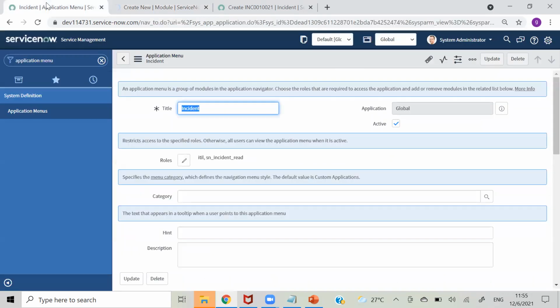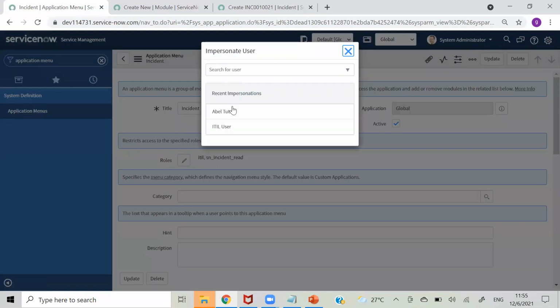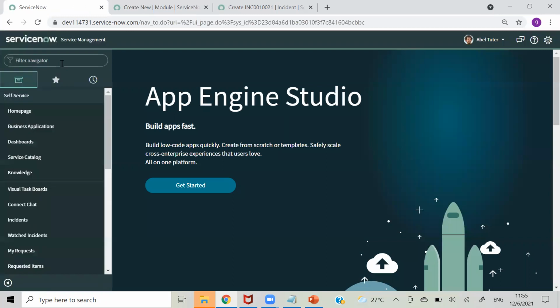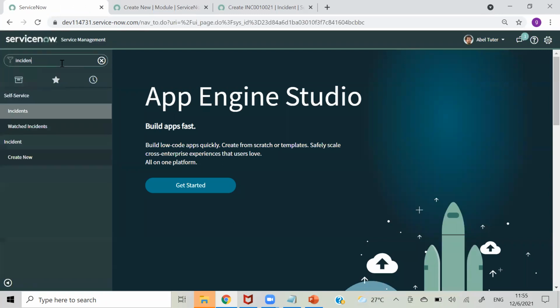So let's see what happened now. Again going to Able Tutor. Incident. See, he is able to see only incident and create new.